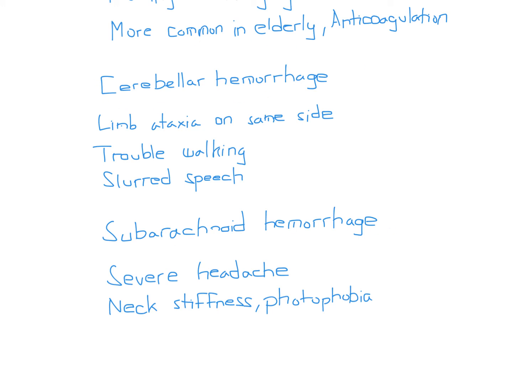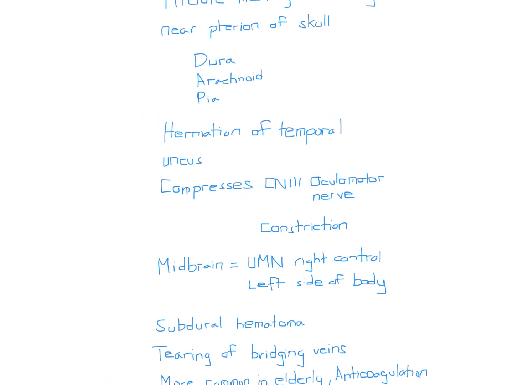Finally, we have subarachnoid hemorrhage. So typically these patients have a severe headache, and the buzzword is thunderclap headache. So the worst headache of their life would typically clue you into a subarachnoid hemorrhage. However, you might see other signs like neck stiffness, or if you flex the neck and the patient gets pain, that can also indicate if the patient's unable to verbally tell you. Finally, we have photophobia, which just means that they have pain when they see light. So in this case, once again, the patient isn't complaining of these things, and so we go with our answer